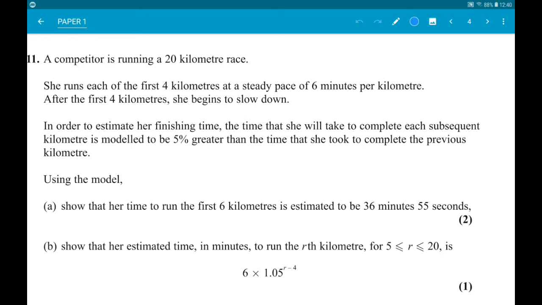To estimate her finishing time, the time taken for each subsequent kilometer is modelled as 5% greater than the previous kilometer. Using the model, part A, show that her estimated time for the first 6 kilometers is 36 minutes 55 seconds. Alright, so